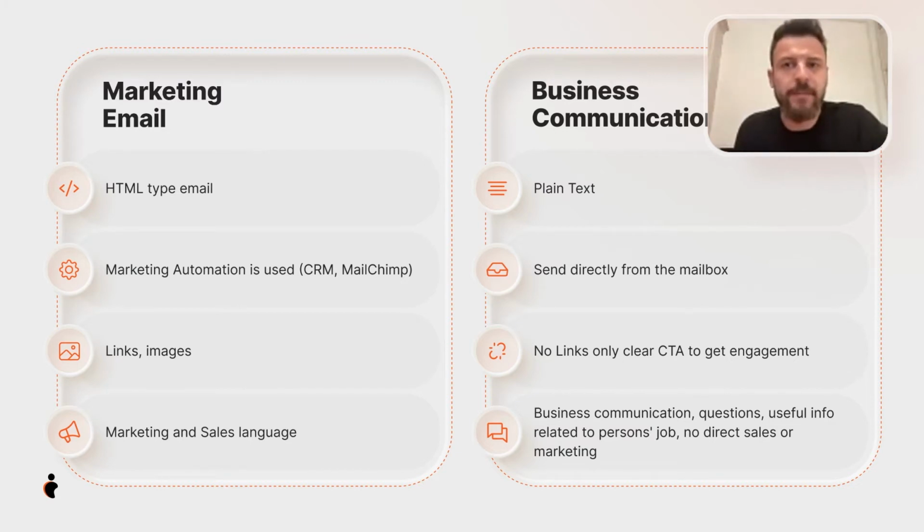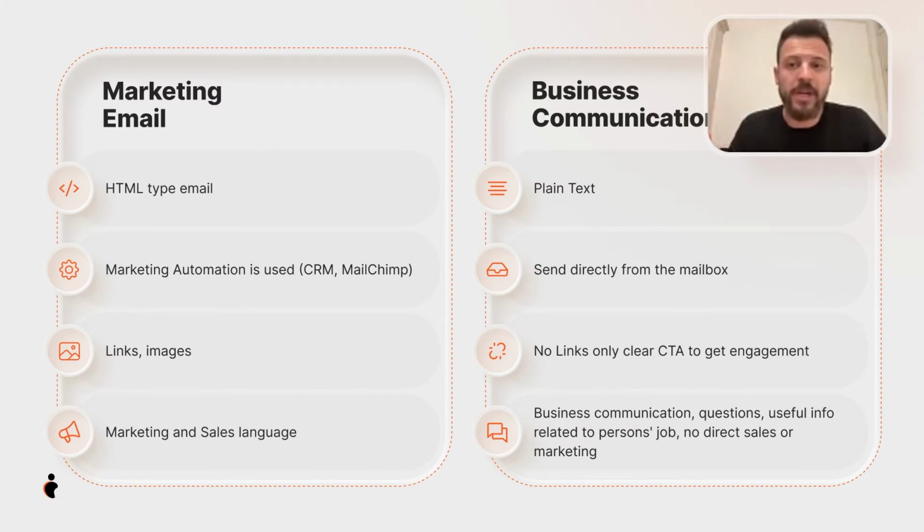At the same time, the business communication is purely plain text, right? Really, it's a short email, short text. It's sent directly from the mailbox. And usually tools like reply.io and outreach.io tend to create the outreach process as if you're sending these emails on top of your mailbox. So it feels like it's sent directly from the mailbox, right? That's why there are different tools for business type automation communication and those for marketing email, which is totally different.